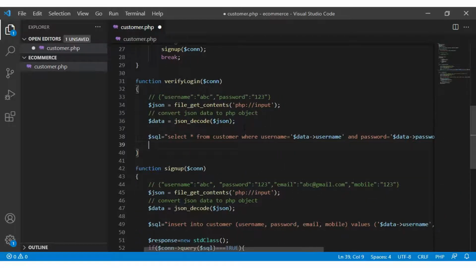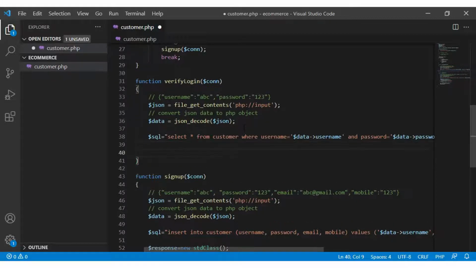This is the query which will confirm whether the username and password match with our table or not.